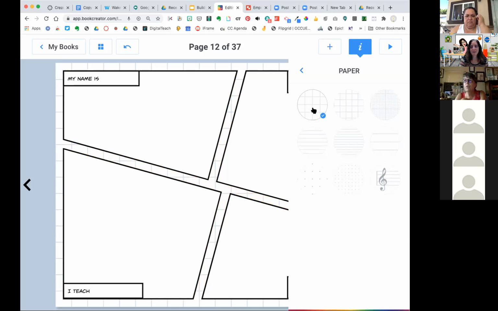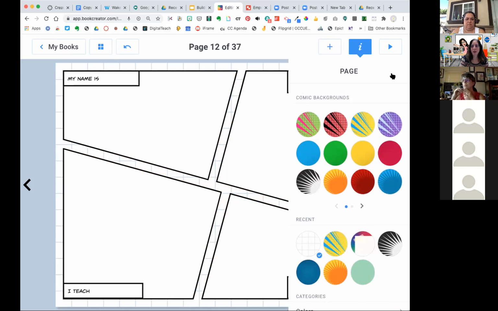The background won't affect everybody else's page, correct? Correct. It's only on that student's page, which is nice. Now you can preset it. So if you're doing math, if you wanted to set all the backgrounds as graph paper, you certainly could do that, or as music. I don't know why you would do that, but you could do a whole page